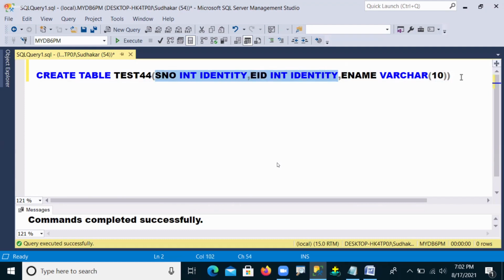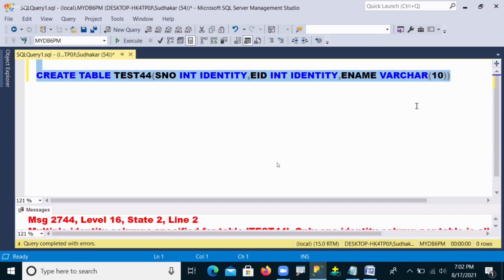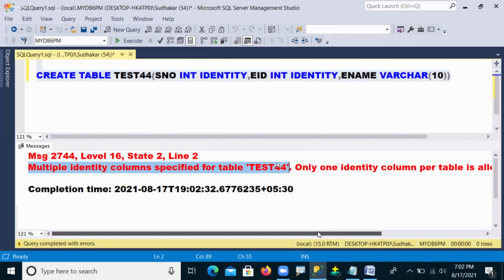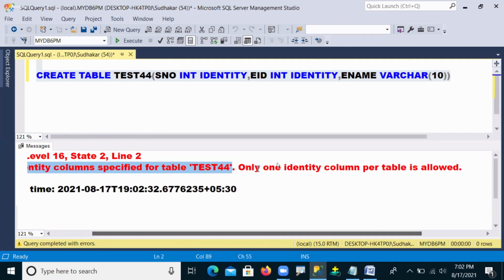Then when I execute this, it shows an error message. The error message reads: multiple identity columns specified for table test number 44, but only one identity column per table is allowed.